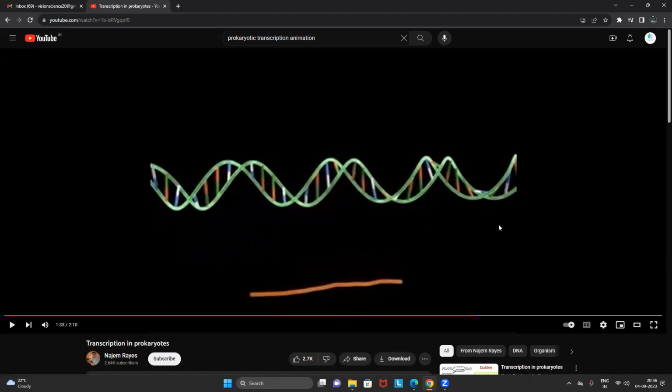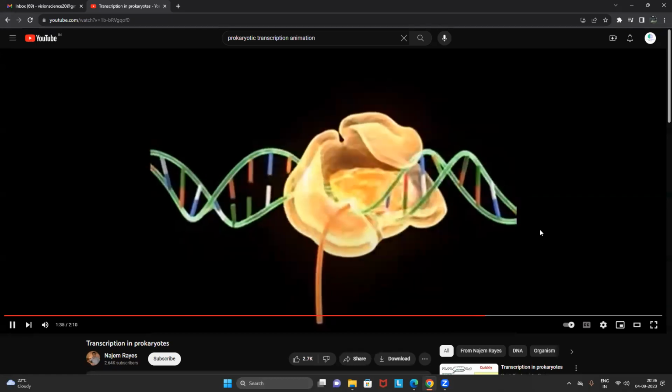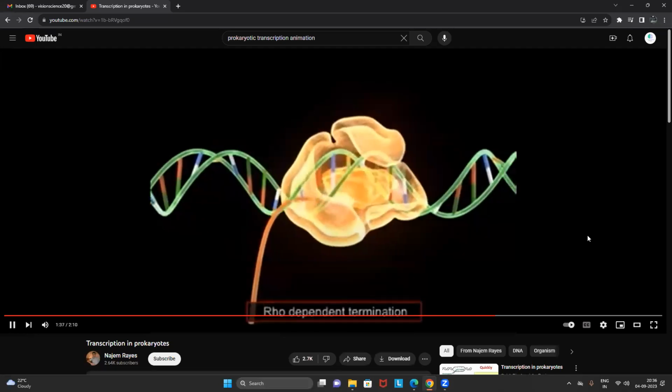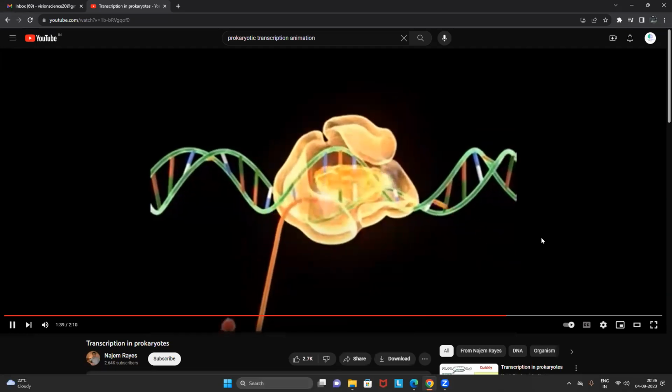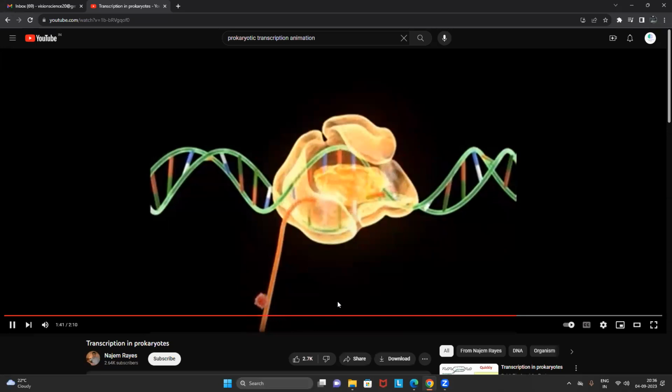But what's the point? The point is that it is not possible all the time. Why? Because the hairpin loop is not stronger all the time. So what do we have to do? Now we have to bring an extra protein. Now you see that, this is the rho dependent. Now who will come and attach to it? Undoubtedly, see that the rho protein will come and attach.